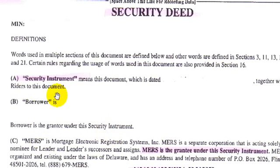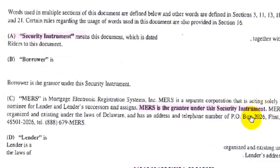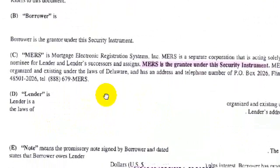Okay, so anyways, it just gives you the definitions: security instrument, the borrower. This is where it lists the homeowners' names. Then also C here lists MERS. And basically, as you see, it says MERS is a separate corporation that is acting solely as a nominee for lender and lender's successors and assigns. And then the lender, this is where it will show the actual lender,